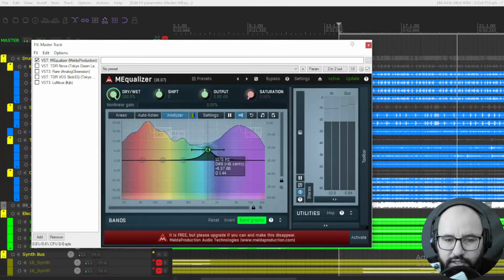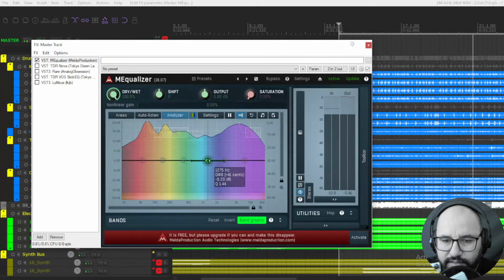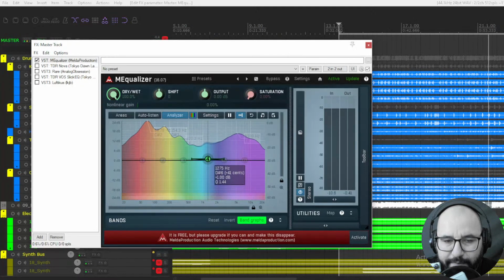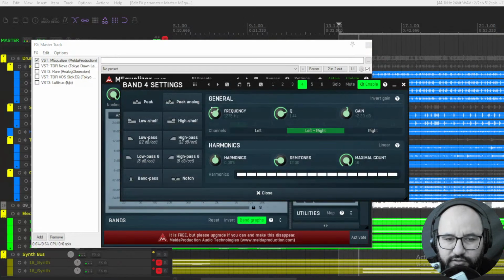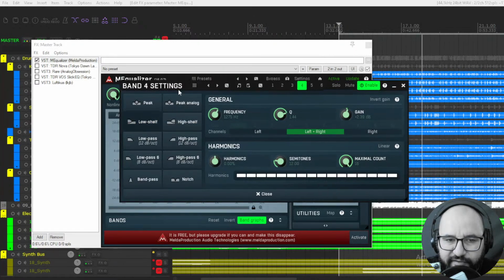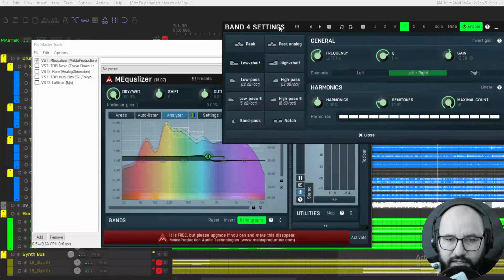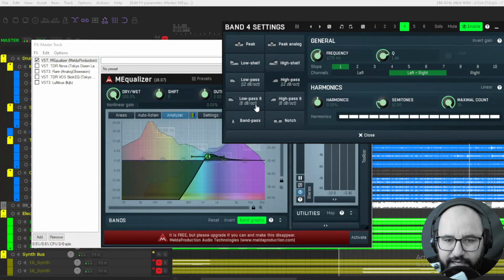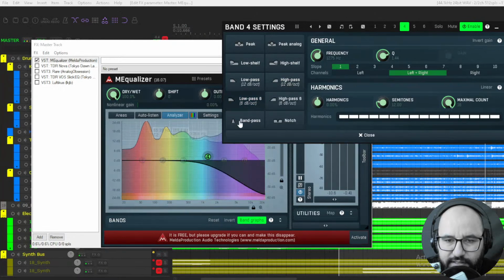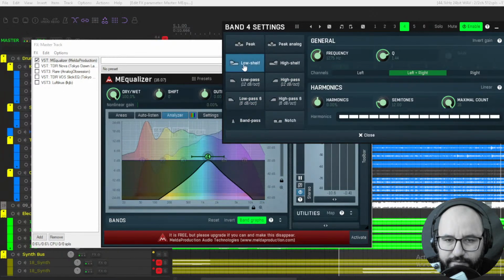If you right click on each one of the active bands, you're going to find different types of peaks and filters, like peak, low shelf, low pass, high pass, band pass, stuff like that.